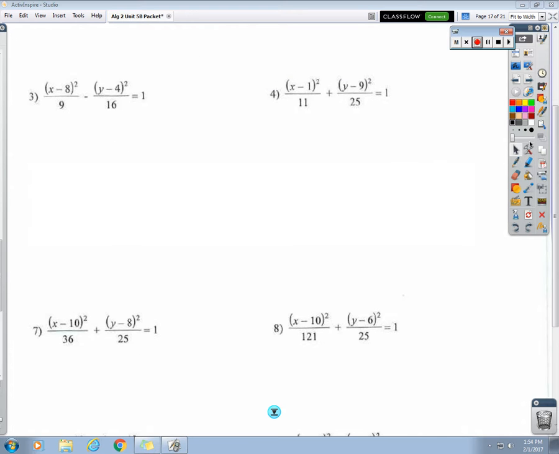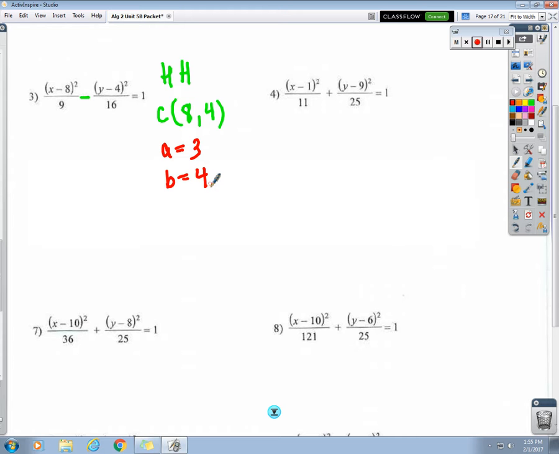Okay, number 3. What are we dealing with here? A hyperbola, and we know that because of the minus in the middle. So I focus in on the hyperbola formulas, and I notice that if x comes first, like this one, it's horizontal. Okay, so now I need to find the center. What's in the h place? And what's in the k place? 4. Okay, so now with a hyperbola, A is always on the left side, and B is always on the right. So A is 3, and B is